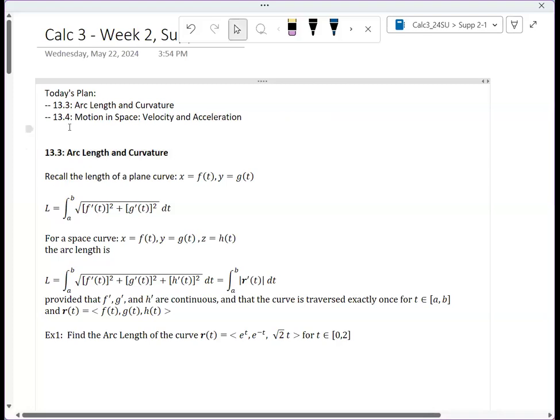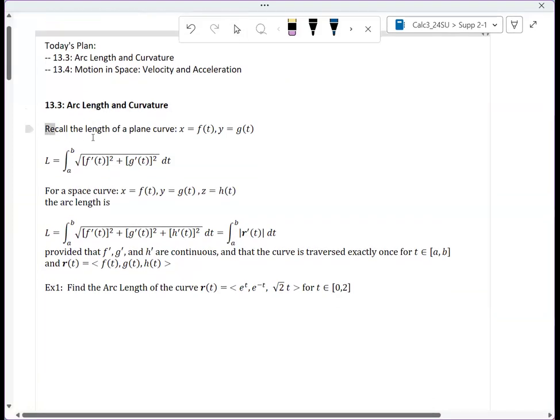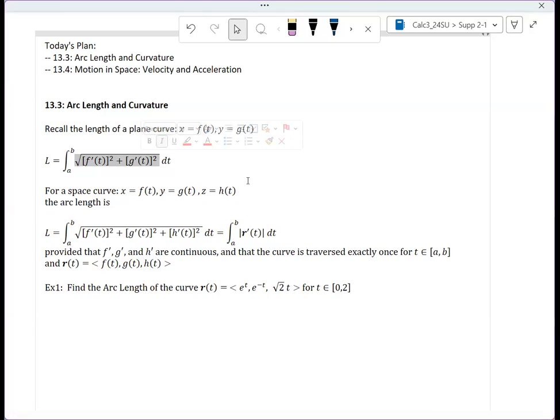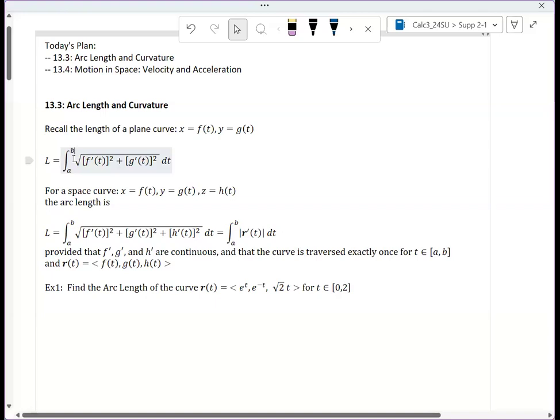So starting with 13.3, arc length and curvature. Remember from Calc 2 that the length of a plane curve parameterized by x equals f of t, y equals g of t is given by this formula. And remember that we essentially got this formula by taking the curve, splitting it up into a bunch of small segments, approximating each segment as a straight line, and going from there with Pythagorean identity and using linear approximations. And then of course, gluing it all back together, taking a limit,